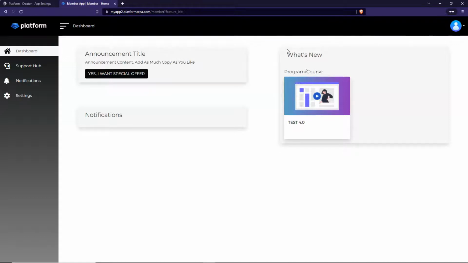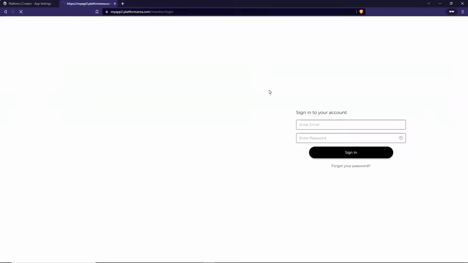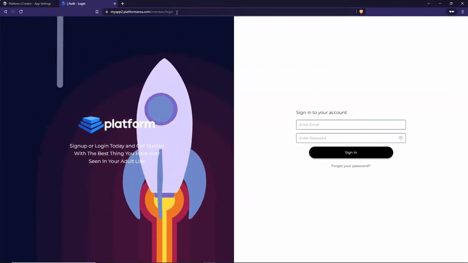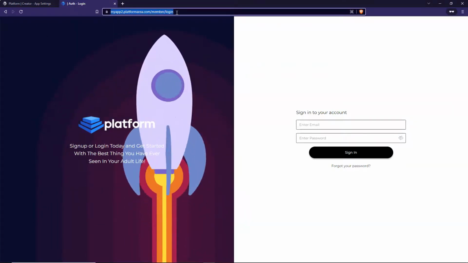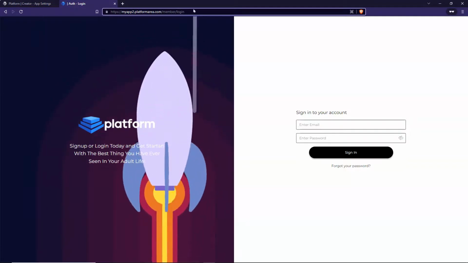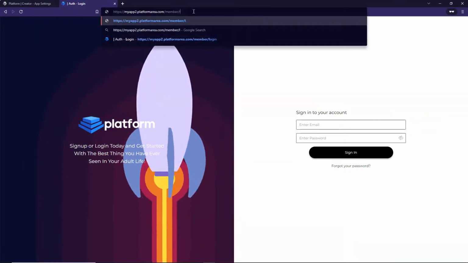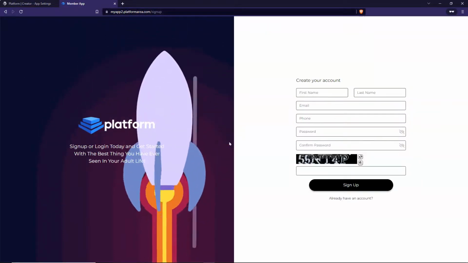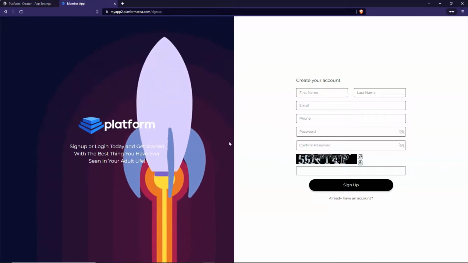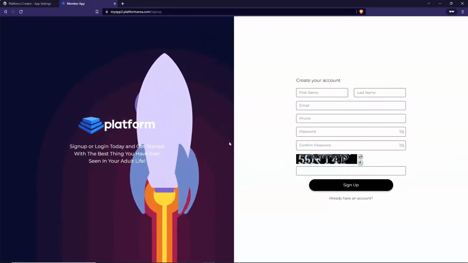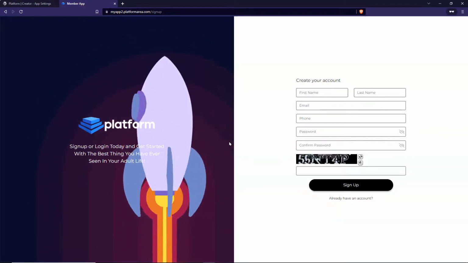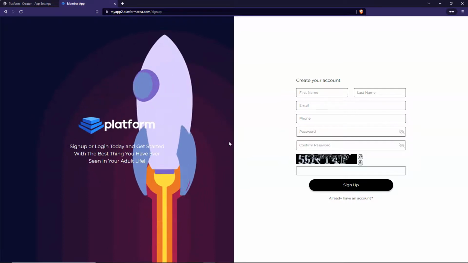So if we log out now by clicking the upper right hand icon and we click sign out of Alex Cobb's membership, it takes us back to the sign in page. But we also have other pages in here too. So if I click up here in my browser bar and I delete off the end, it's also going to show me what my sign up page looks like. As of now, I don't have any payment settings set up. So this will be the landing page to bring people into my platform